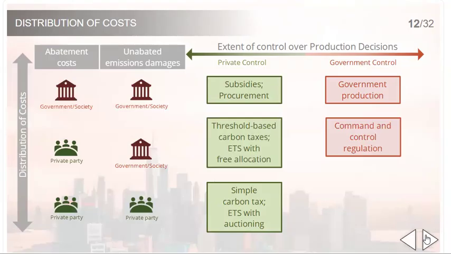In these cases, the government may still shoulder the administrative costs of the mechanism, which it may cover from carbon tax revenues. The allocation of costs is a continuum of not only a wide variety of instrument types, but also of many different ways to design individual instruments, with designs leading to different effects in terms of cost distribution.